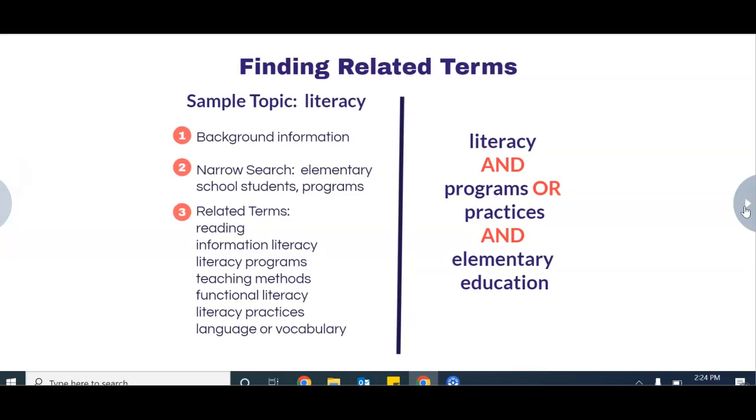So your first idea of finding related terms, like I mentioned. You want to do that background searching, so you might want to go to Google. You might even want to look at Wikipedia for that. Never ever use Wikipedia in your papers or assignments, but that's a good place to go to get some more